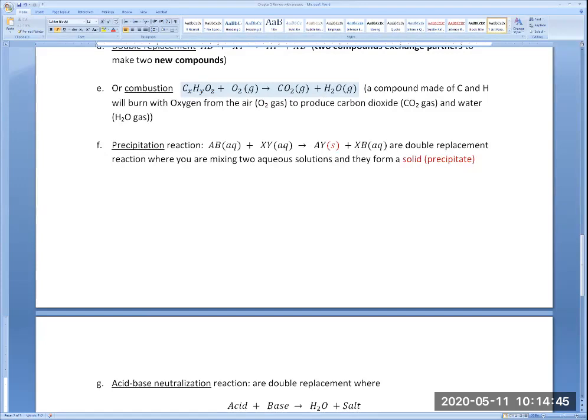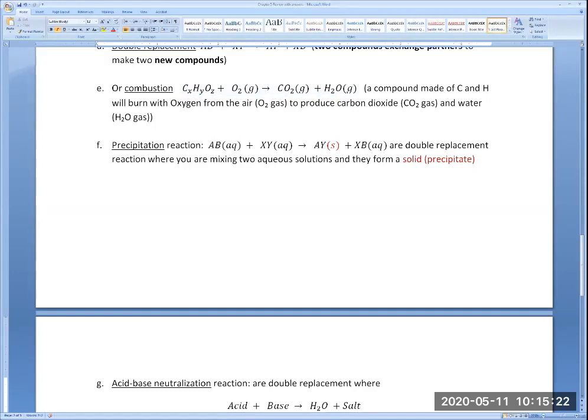The oxygen we breathe is a diatomic molecule made of 2 atoms of oxygen, and it's a gas in the air. That's why you don't see it, but it reacts with what you have, like here, a liquid or a gas, typically a compound made of carbon and hydrogen. Or it could be a solid like wood, wax, all kinds of things that you can burn. Typically you need a spark to start this kind of combustion reaction, and then you will produce carbon dioxide